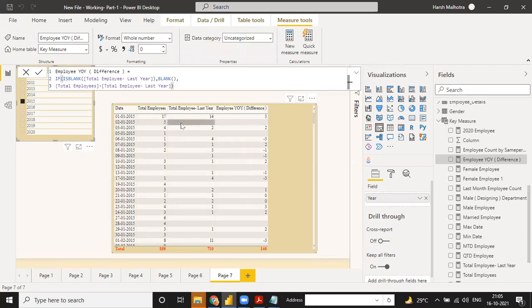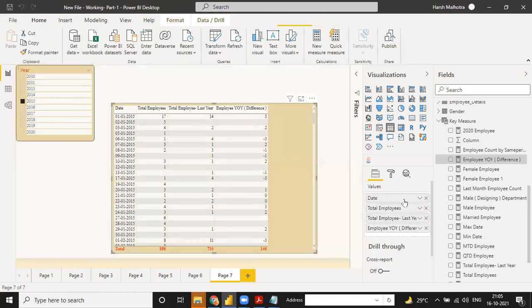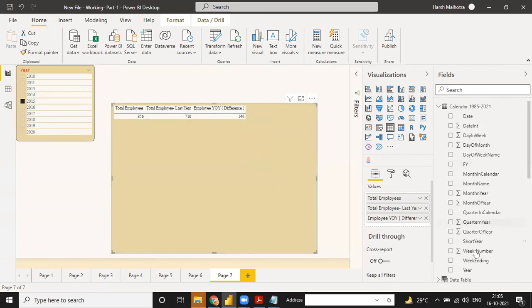If you don't have last year's value, then YOY is not suitable. Instead of this date field, I just go to this date. I am selecting a year because date does not show the complete sentence.